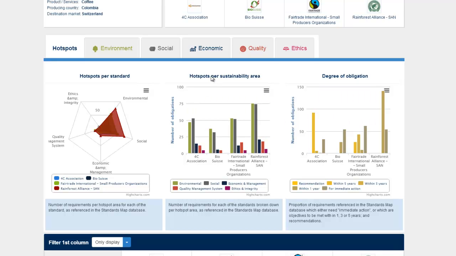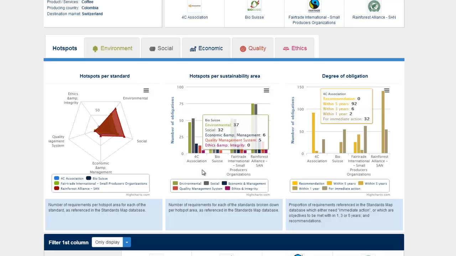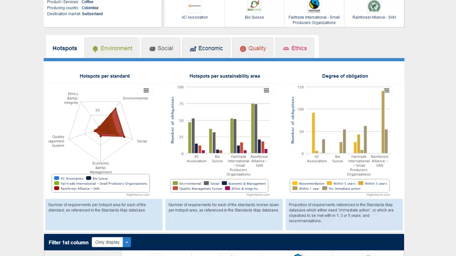The charts of hotspots per sustainability area and degree of obligation are the same as the ones that were provided on the quick scan, only difference being that rather than reviewing information for one standard, you're reviewing information for 4 standards. The hotspots per standard, the spider charts, are actually a bit different. Now, you get information as to the number of requirements, right, for each of these initiatives along the main sustainability hotspots. As you can see right now, the information is a bit